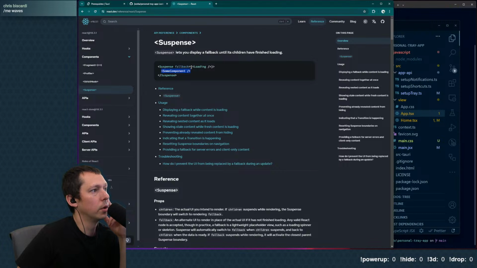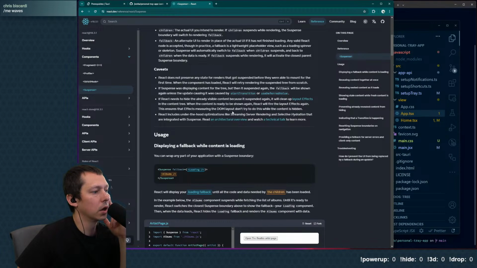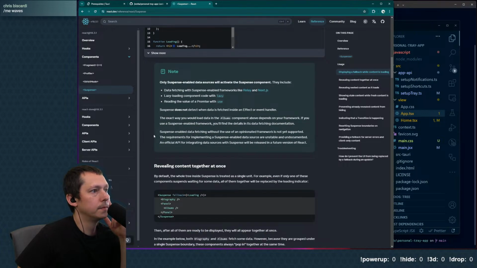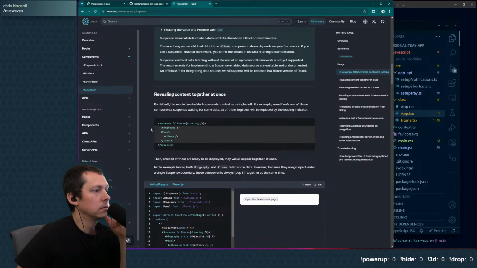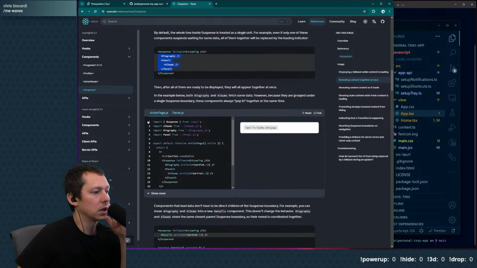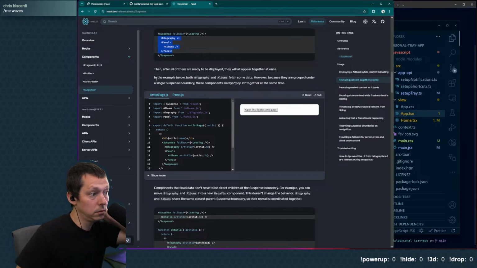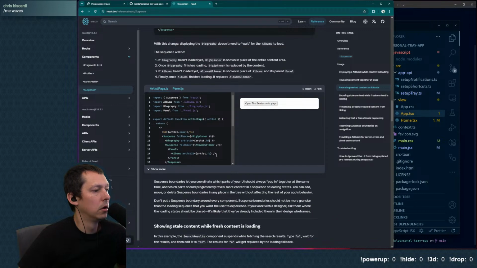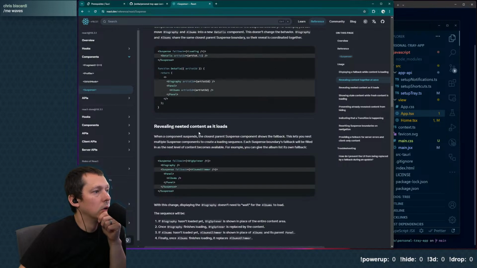Suspense takes a component and a fallback. And part of that is until its children have finished loading. So we can put it all into one section. So the component needs to, when a component suspends,